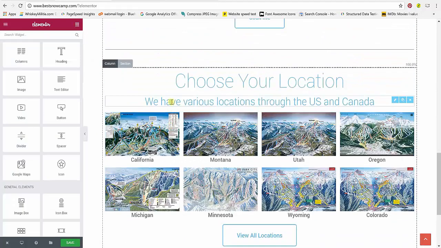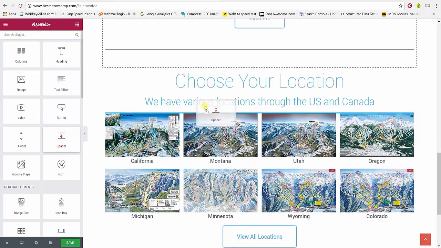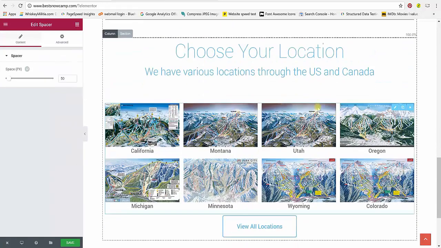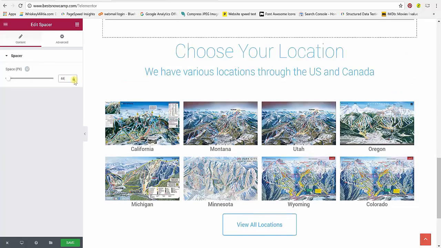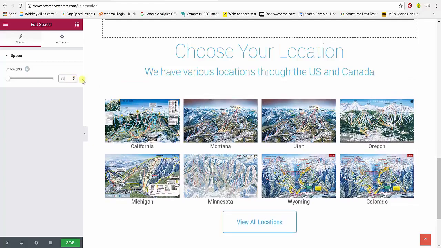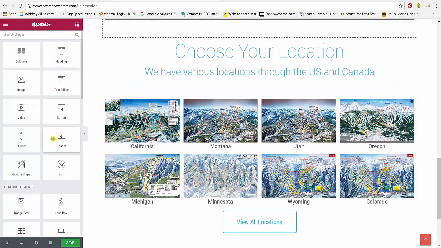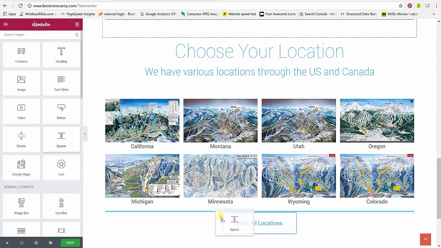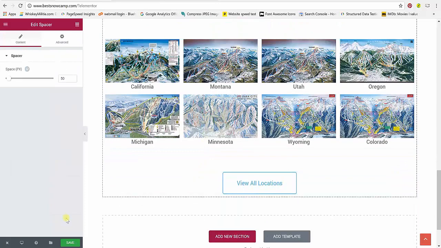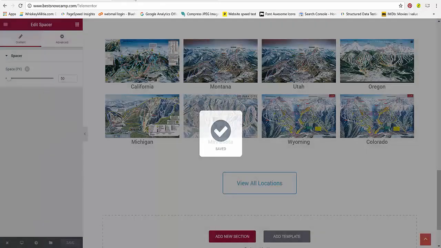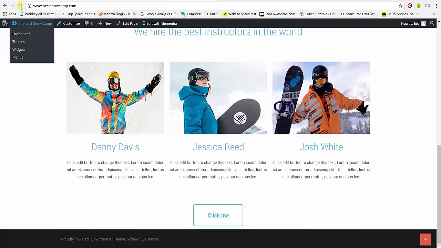Okay, now all we need to do is set some space between the elements. So underneath the subtitle, I'm going to set this space to be 35 pixels, and we also need a space just underneath the gallery, between the gallery and the call to action button, and we can keep this one 50 pixels. Okay, all we need to do now is just click on save, and our section is ready,